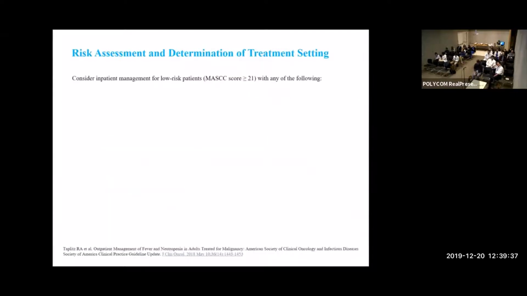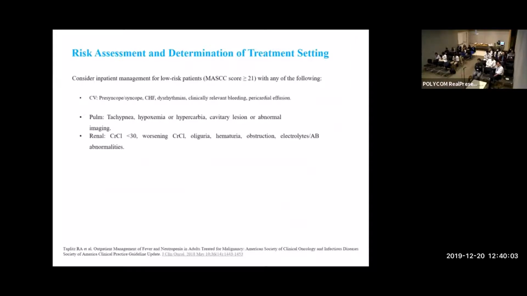So there are other patients who are low risk, but then should be admitted to the hospital for inpatient management. And these patients are specifically, depending on what conditions brought the patient to the hospital. So if they came with a pre-syncope or syncope episode, if they have CHF, if they have arrhythmias or pericardial effusion, if they are tachypneic, hypoxemic, or hypercarbic, or if they have a cavitary lesion, if their renal function is